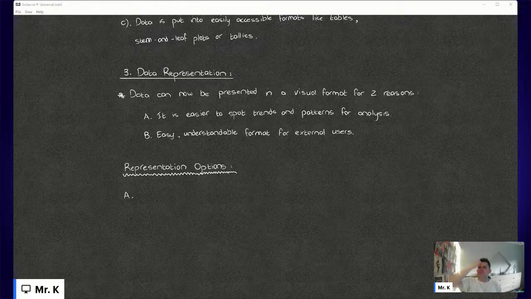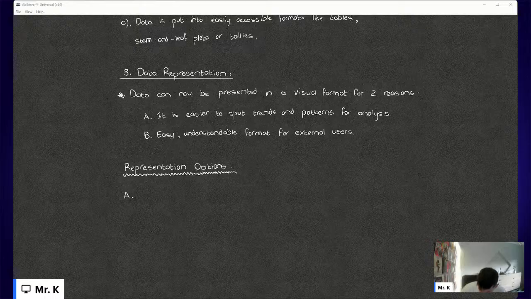Right. So now we want to take this information and put it into a visual format for the two reasons that we listed above. So, what are the different visual formats that we can use, guys? And this is where things start to get a little bit more intense because you guys need to know why we would pick these different graphs or visual formats, right? And then be able to also draw them accurately. So the first thing we can use is bar graphs,